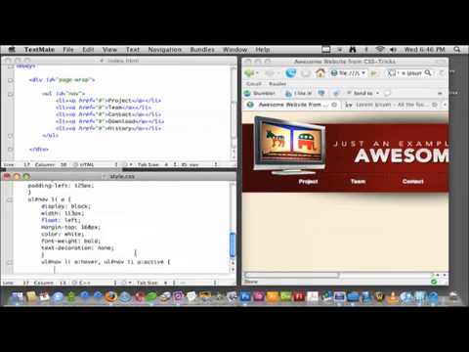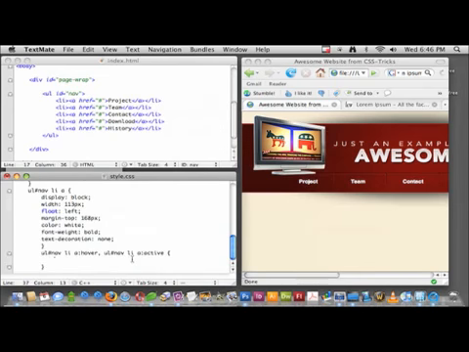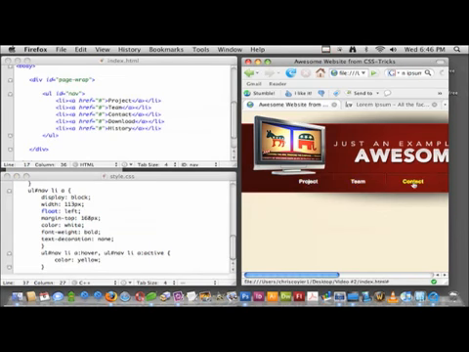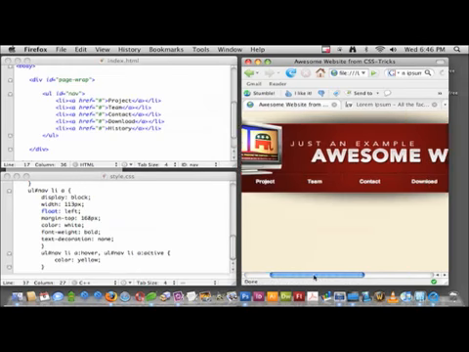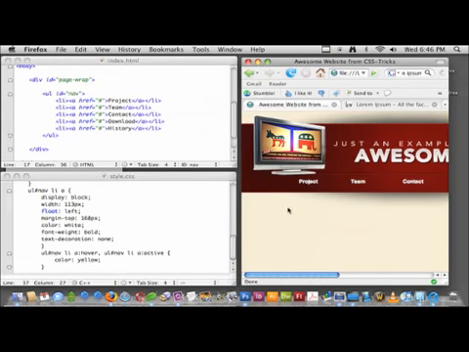And we can do anything we want really, but we'll just keep it simple and say that we want the color to change to yellow. If we reload, that's what will happen there. Pretty good. So I think what we'll do is throw some default copy into here and then go down and build the footer. Then we'll spend podcast 3 dealing with the main content area. So let's get started throwing that content in there, and then